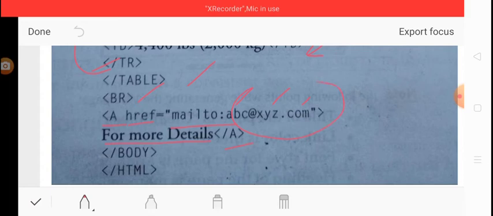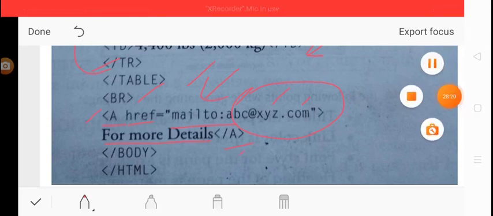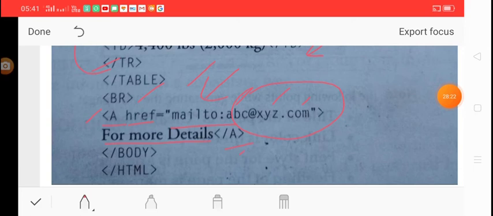This is given here. So we just write href equal to mailto colon abc@xyz.com. So wherever there is an email id, we use mailto, and the name of the link is For more details, and this is written inside the anchor tag. And after that, the body tag should be closed, and then the HTML tag should be closed.